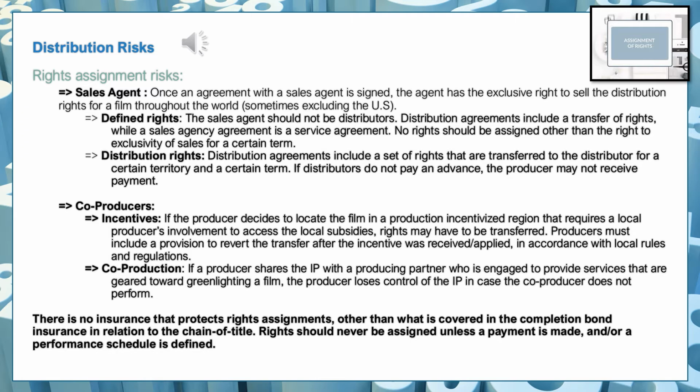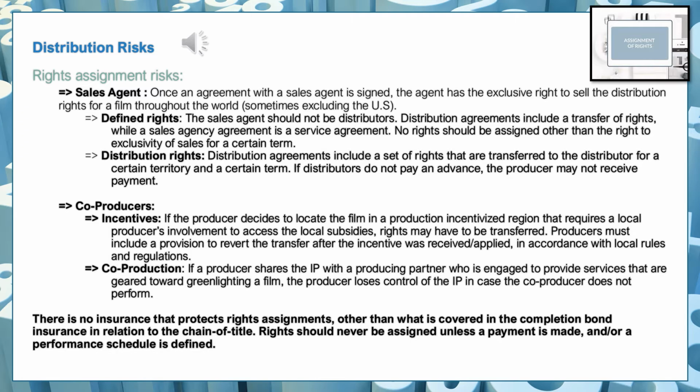So the idea here is, when you do a co-production agreement with a producer who you are putting together a project with, really define the scope of what each of you are doing and define it so that any payment and any rights are only applicable and only assigned if that scope is in fact fulfilled during the period that it has to be fulfilled. Otherwise, it's non-defined, and then it gets very difficult.